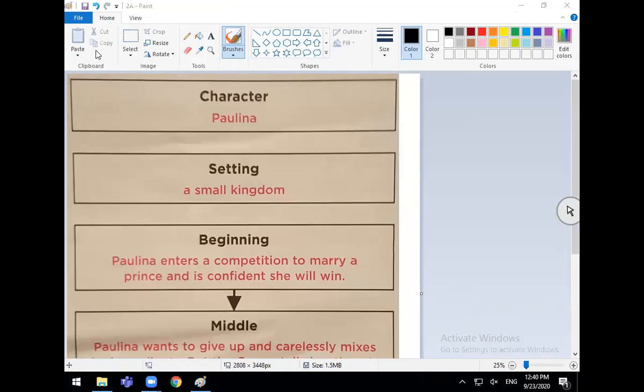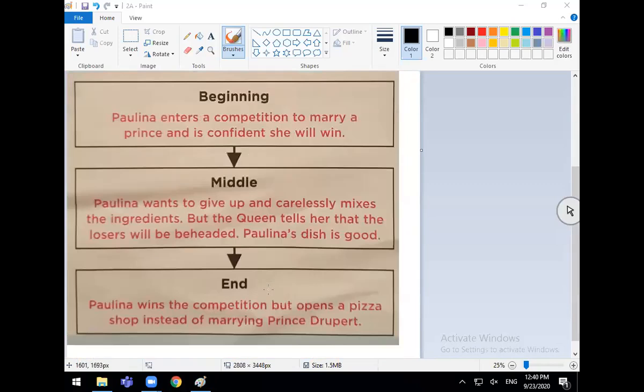She is our main character. The setting is a small kingdom. The beginning of our story is that she enters a competition to marry a prince, and she is confident that she will win because she is the only princess near the competition. Remember, she said there was not another princess for miles. Paulina wants to give up